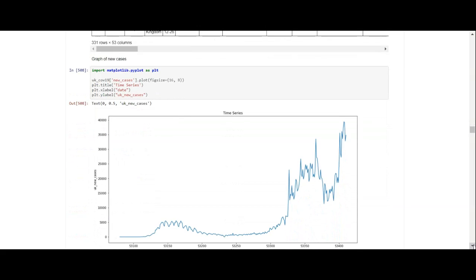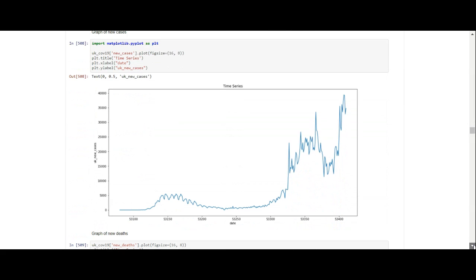So here we've got a data frame of the UK new cases. You can see that when they started taking statistics on this in the beginning of 2020, they didn't have a lot of cases. And then they had a spike. And so they decided to have a lockdown to try to correct the spike.